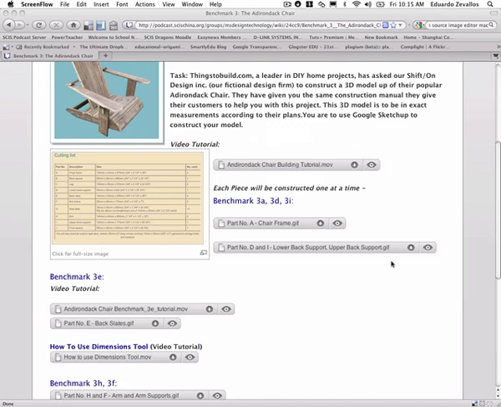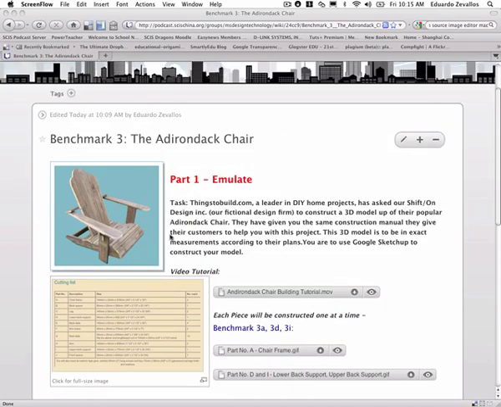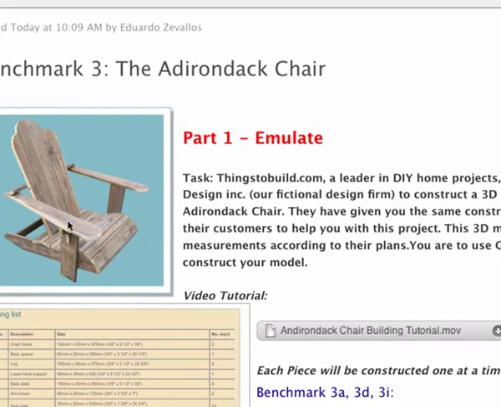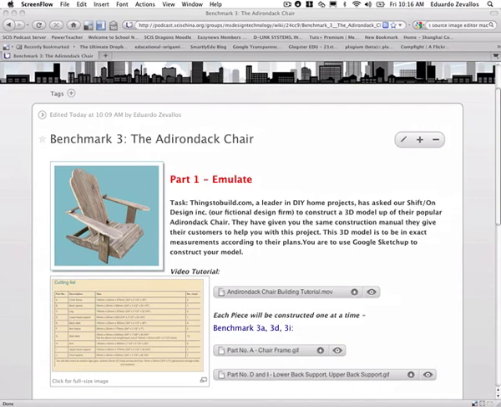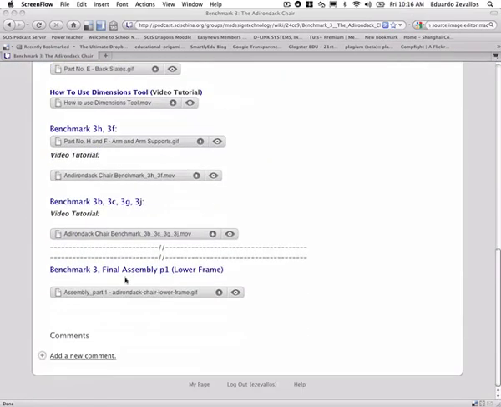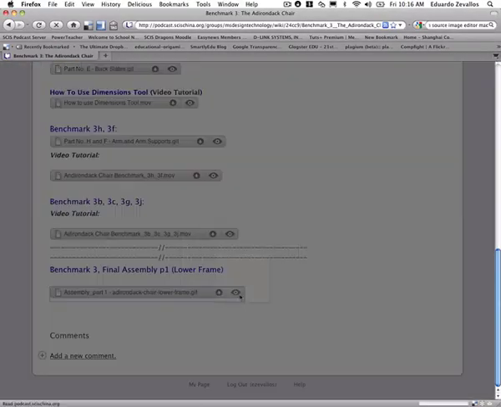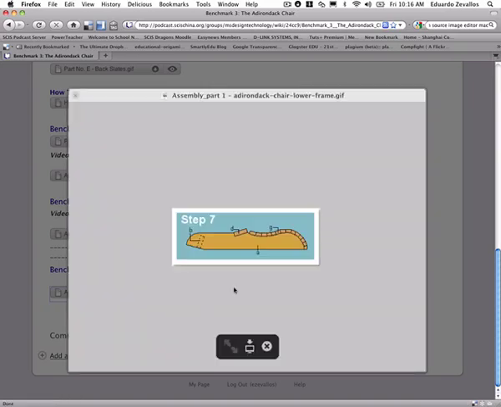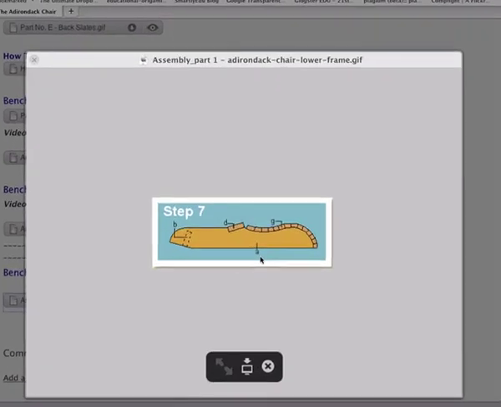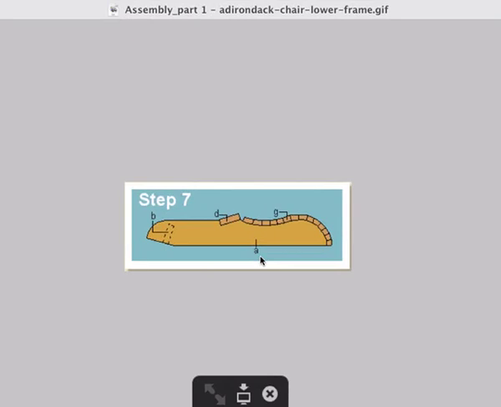Design Technology, iMedia, and we are looking at part 1 of the final construction phase for our fantastic Adirondack chair. So if we scroll all the way down here to Final Assembly Part 1, we're going to get a little bit of a GIF file. And this will tell you about exactly how you are going to be constructing and which parts go with this construction. So we see we have our first one, the chair frame, the spacer, some back support, and the